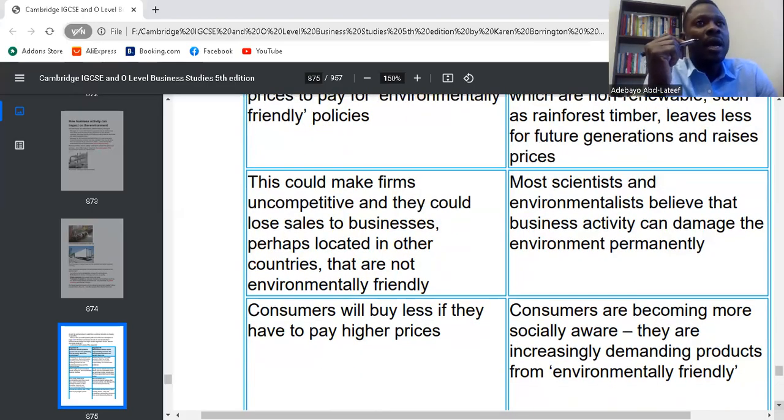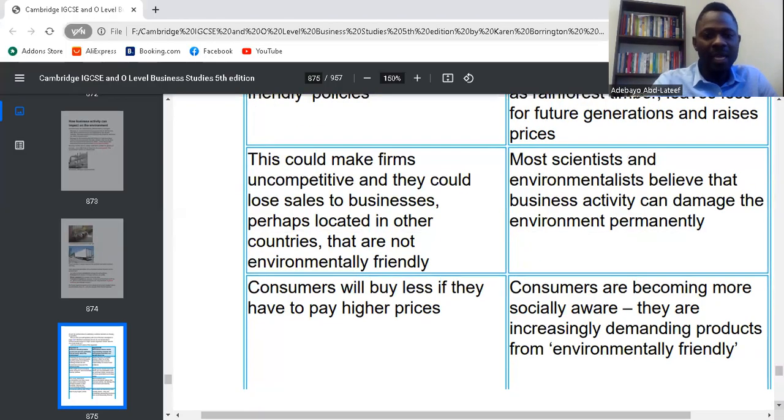The third argument in support of not being socially responsible is that when you're socially responsible, your cost of production increases. And if your cost of production increases, you will be uncompetitive because prices increase. Consumers might not want to buy from you. That's one point. And the second one is that if this continues, we might even take our business away from your country to countries that do not care about being environmentally friendly. Do you get the point there? And lastly,